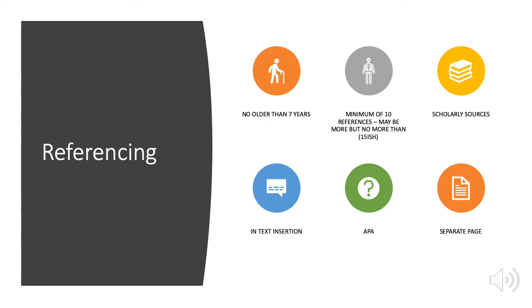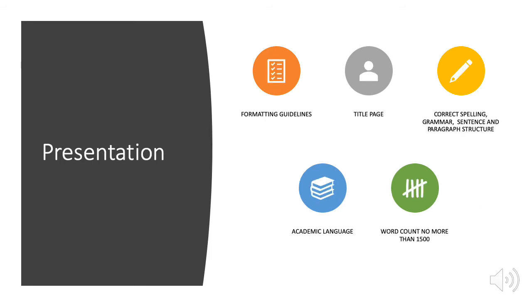Now, word count, going on to presentation, which is the next one. Formatting guidelines, please make sure you know them. Please make sure the assignments are properly formatted, the correct font size is used. A lot of your markers are old, remember. We find it very hard to read small font. Make sure there's a title page that is not the Griffith University assignment submission cover sheet. That you've got correct spelling, correct grammar, your sentence structure and paragraph structure is sound,